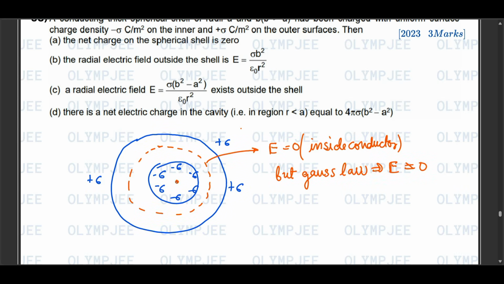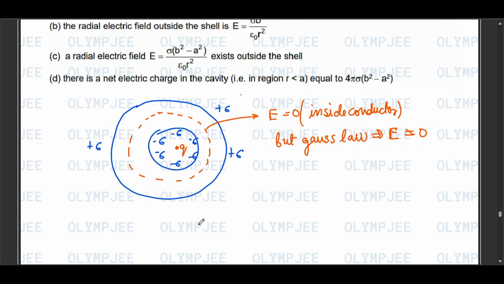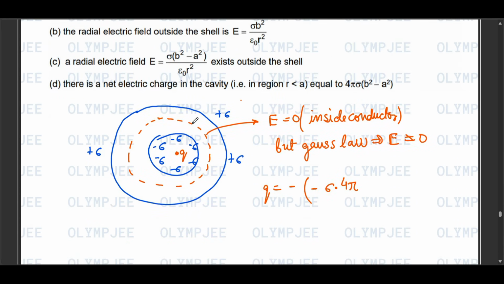That means that there should be a plus charge here, which is equal to the negative of this charge. So Q should be equal to negative of negative sigma into 4 pi a square, right? This much charge should be located at the center,